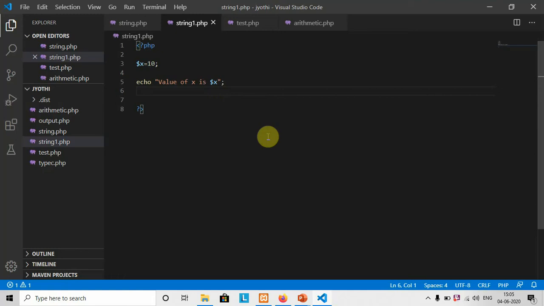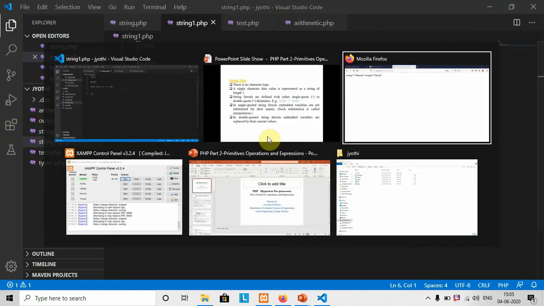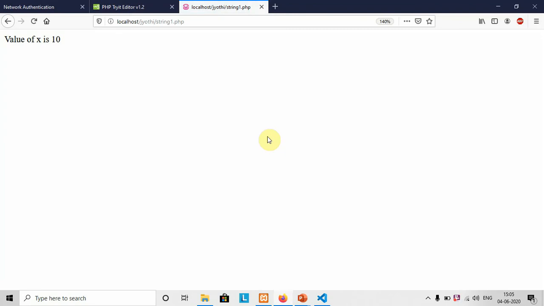What will be the output now? Let me run it. Of course we get the output, because the value of x is 10.